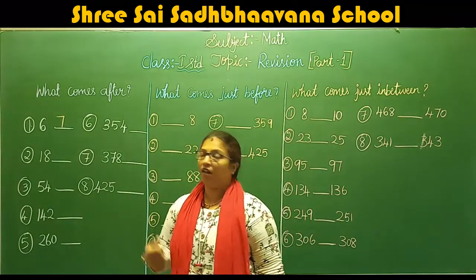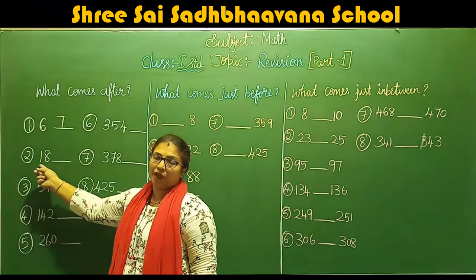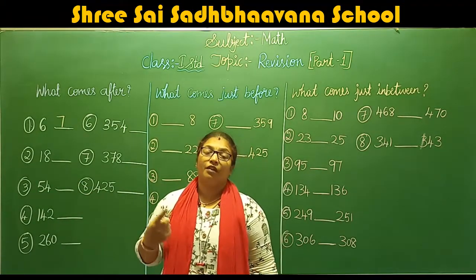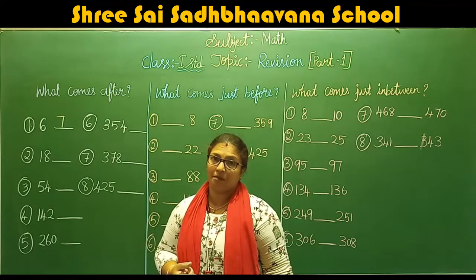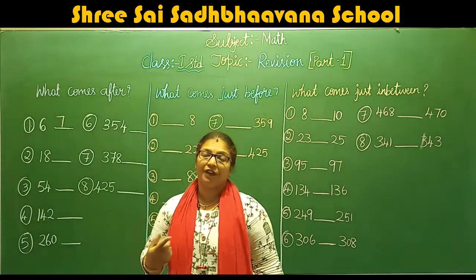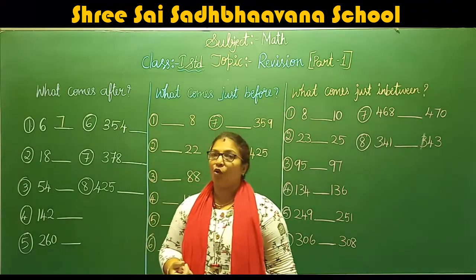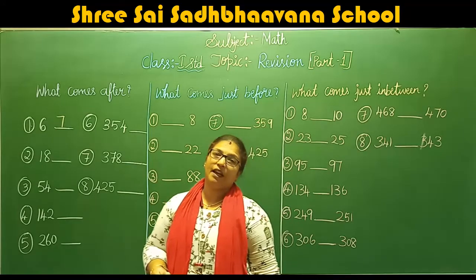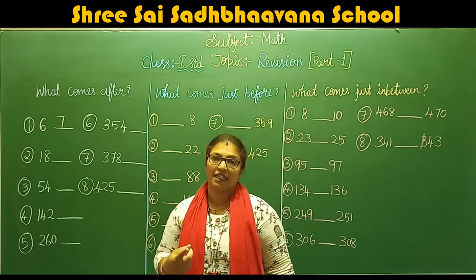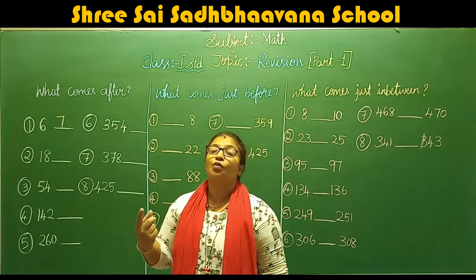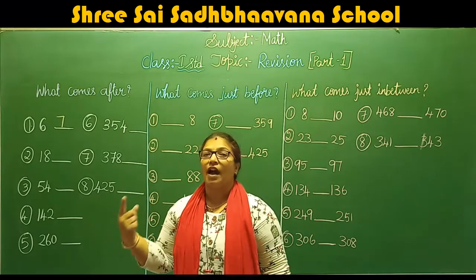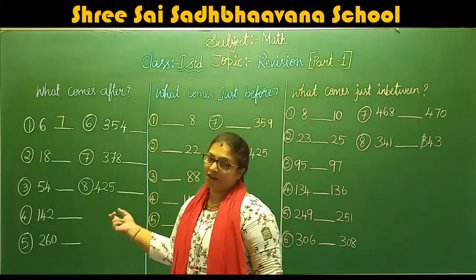You have to take the tens place number from the first number. For which number do we always write the after number? For the ones place number. So the tens place and the hundreds place won't change. If it is a 2-digit number, the tens place number won't change. If it is in the hundreds, the hundreds place number won't change. So only the ones place number is going to change. So what do you have to do? You have to add 1 and write the after number.